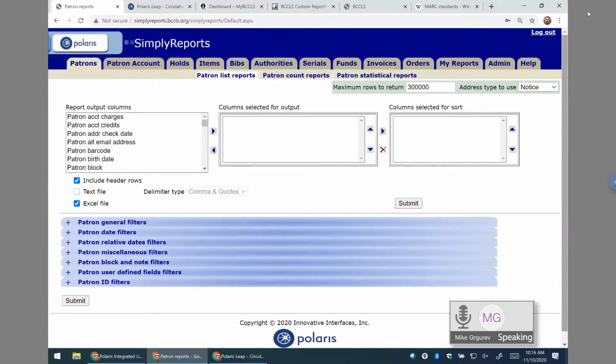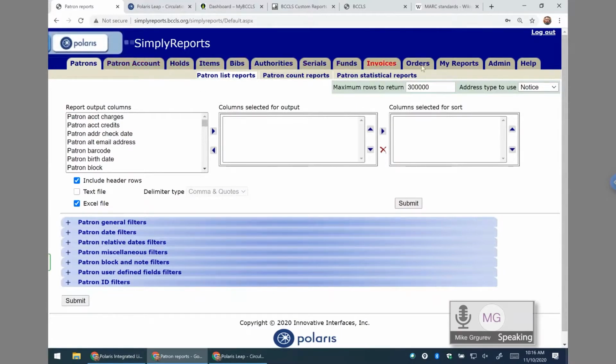So here, now that we've logged in as Tenafly, here is the main SimplyReports page. A lot of people are intimidated by the amount of options they're just hit with right away. It's just lists upon lists, and it's hard to jump into, but not. So to begin with, actually,